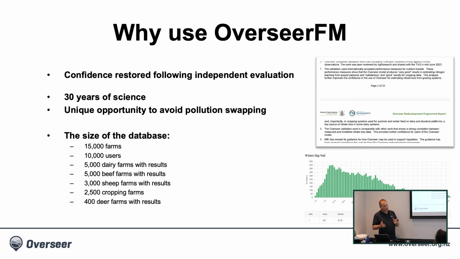And the move that was made back in 2018 when we set up OverseerFM, away from the horrible, dirty old legacy software, means that now we have this incredibly powerful database. So 15,000 farms in the database, 10,000 users, about 2,000 users a month interacting with the software. And within that, we've got about 5,000 dairy farms with results, 5,000 beef farms, 3,000 sheep farms, 2,500 cropping farms, etc. So a really good picture of usage, a really big collection of data, so about 150,000 analyses